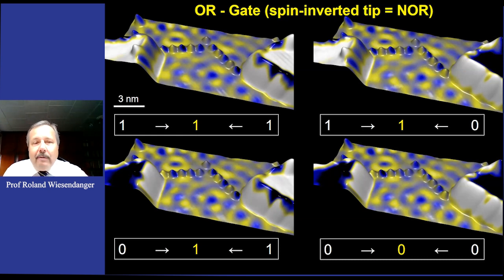Now you might ask, how is that possible? We are at the atomic scale and we demonstrate classical Boolean logic. So it's classical Boolean logic, which is realized here on the atomic level. So it means that if we go to atomic scale dimensions, we don't necessarily have to go towards quantum logic gates. You can even scale down classical devices down to the atomic level. That's a major conclusion from this result, and this means that you have still a lot of possibilities for further